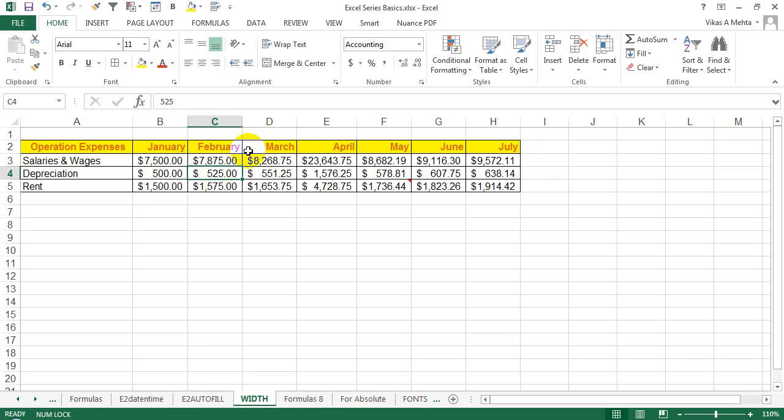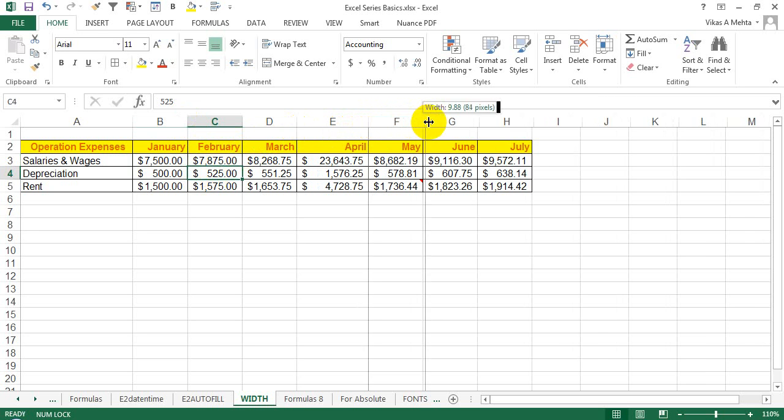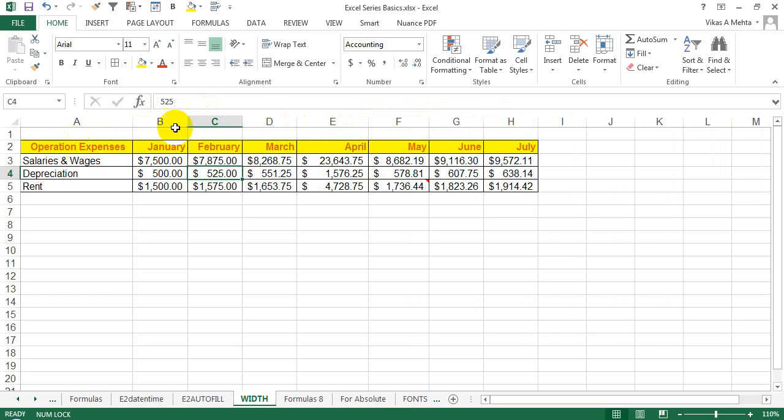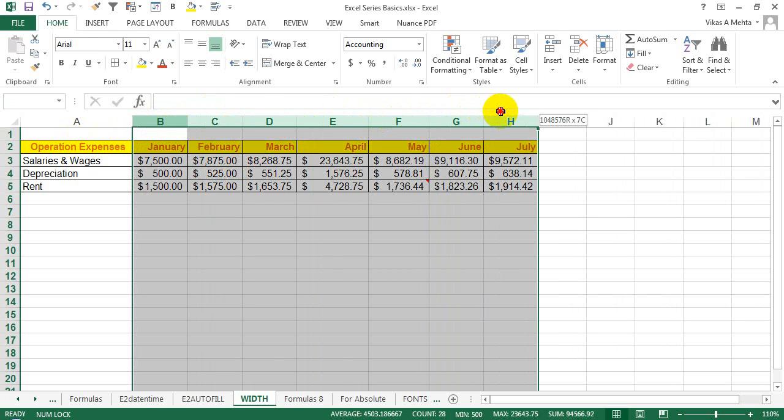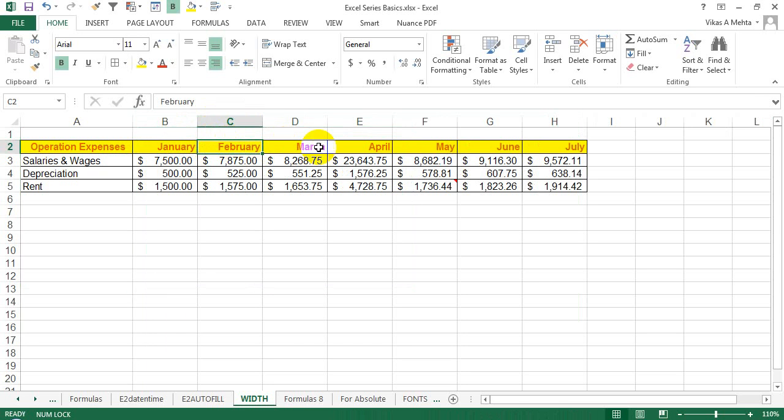In a similar way, if you want to extend the width of any of these columns, you can just click on those columns and adjust it. If you want to adjust all the columns to a particular fit, you select all those columns, and if you see the width over here, 95 pixels, it will adjust all these cells' width to 95 pixels. So if I type something over here, January,